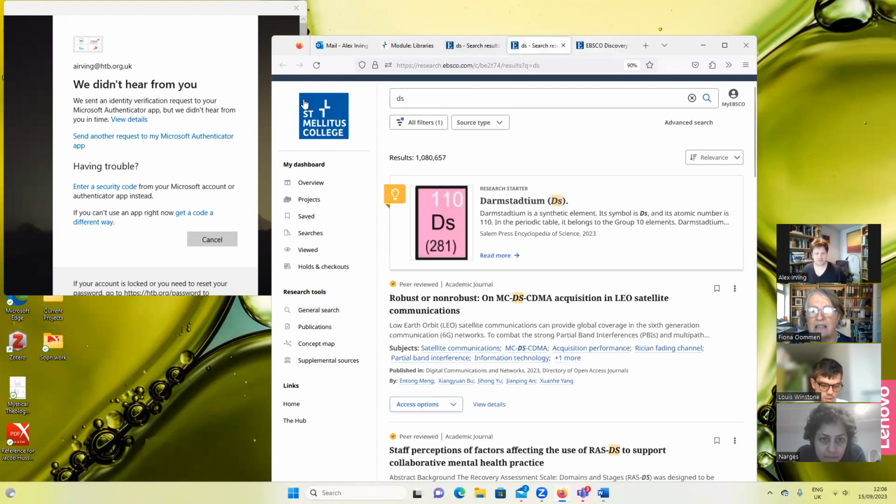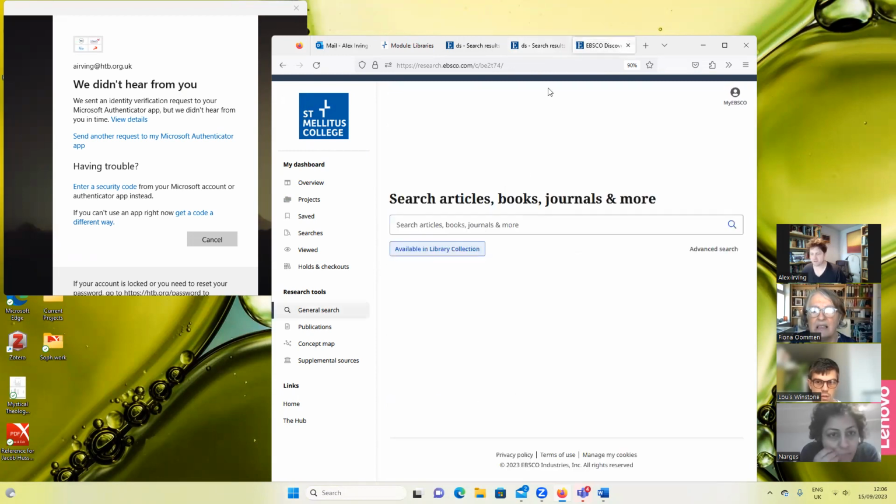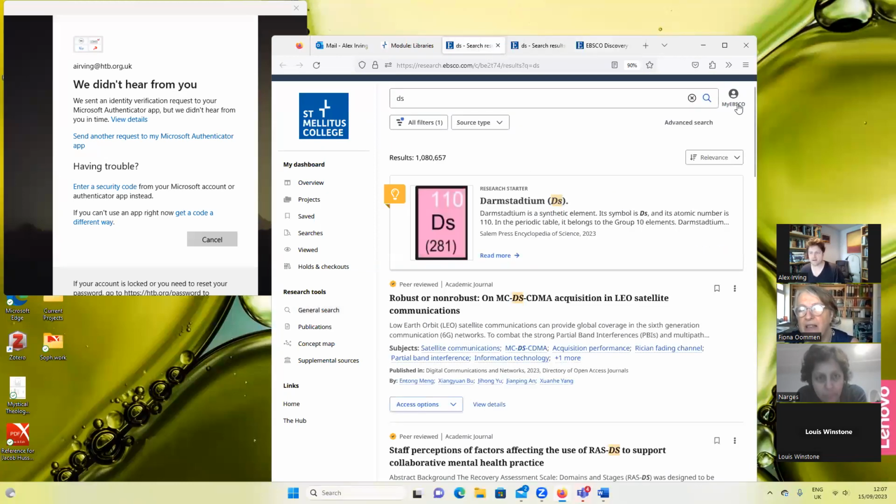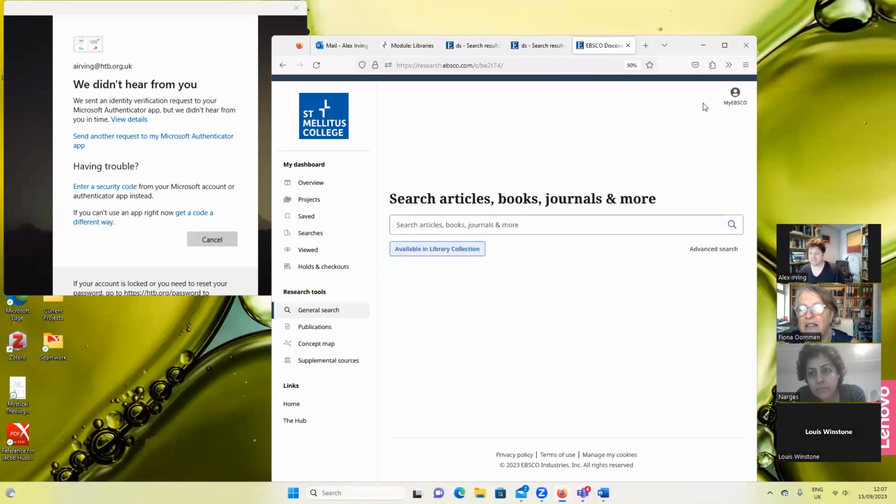So it's still recognizable in that there's still the same left-hand sidebar. It's just that this is now populated with a search term rather than an empty search term. We'll have to see how it goes. If it proves to throw up some problems, then we might need to update information to let them know you'll turn up in Discovery either with a populated search bar or an unpopulated one, but either way, don't panic, you're in Discovery. Yeah, I think it's helpful because even in this blank one, you've got the top right-hand corner saying My EBSCO. It's not My Discovery. Yeah, that's true, actually. That's because it's linking to a broader EBSCO profile that they can use to act if they